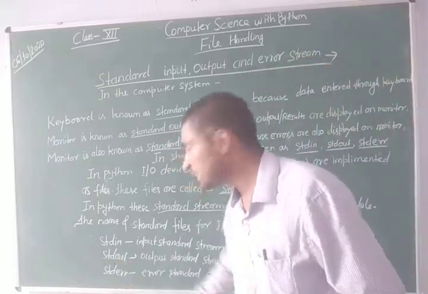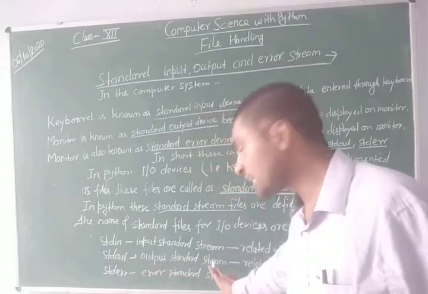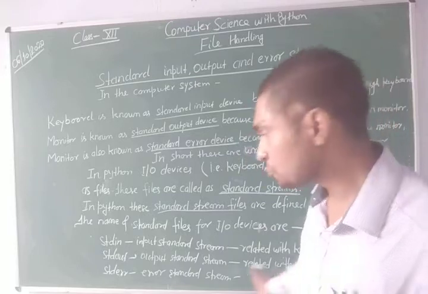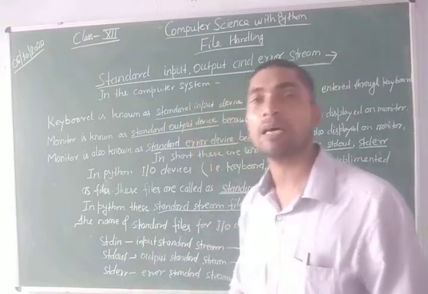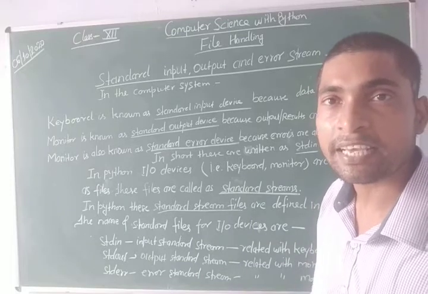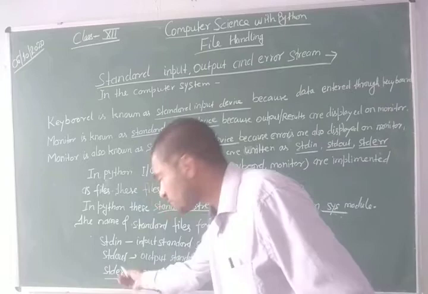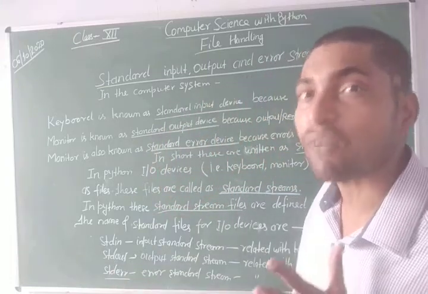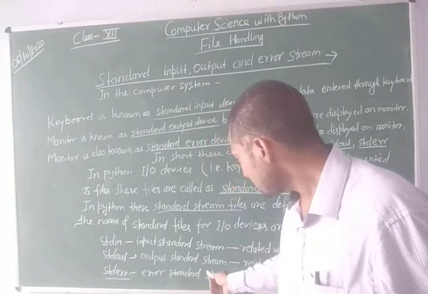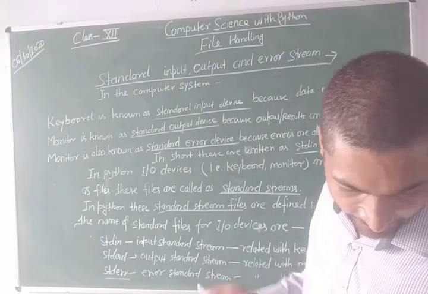Similarly, STDOUT is the name of the standard output stream file, related with the monitor, and responsible for output operations, displaying the result on the screen. And STDERR is the name of the file known as